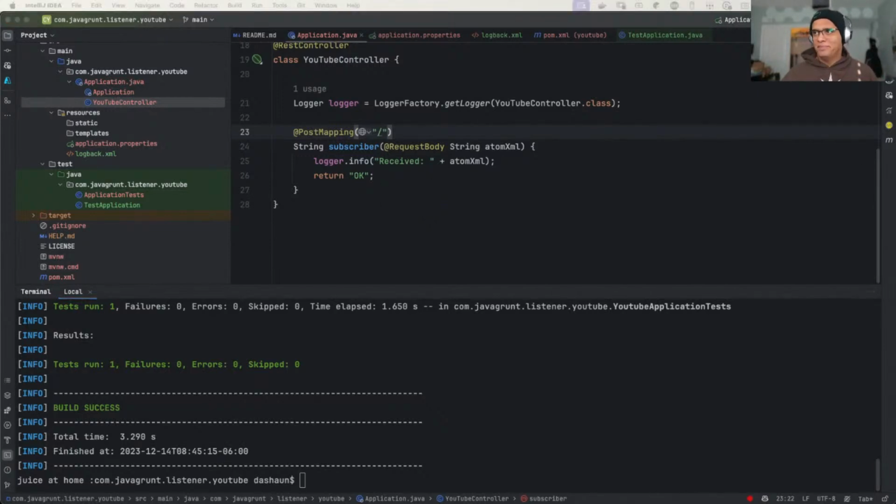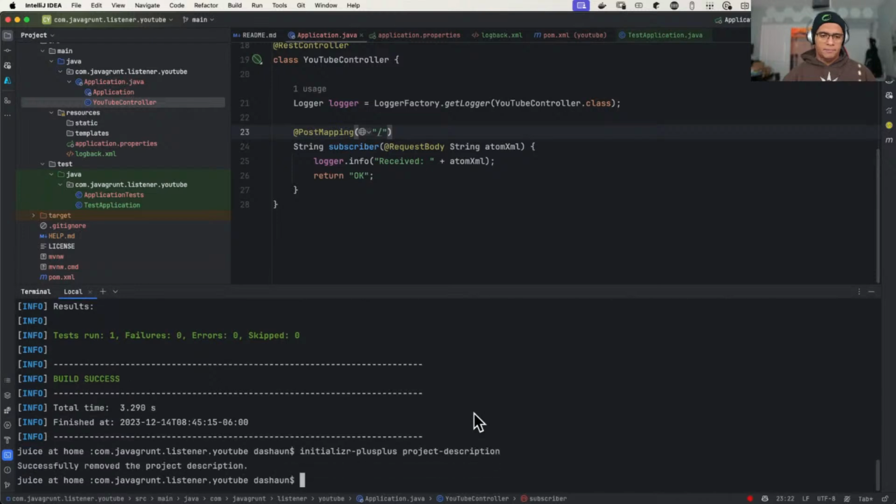You guys are awesome. But all I'm going to do now is follow some of these other conventions. So I talk about conventions, and I have a tool that's going to help me. I have this initializer++ tool, and I'm going to do a couple of things that I normally do. Extensions, description, project version,